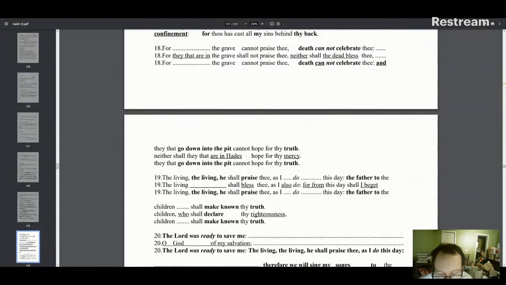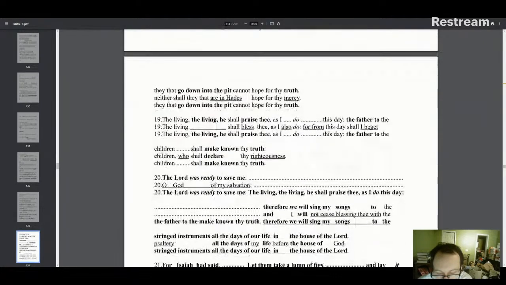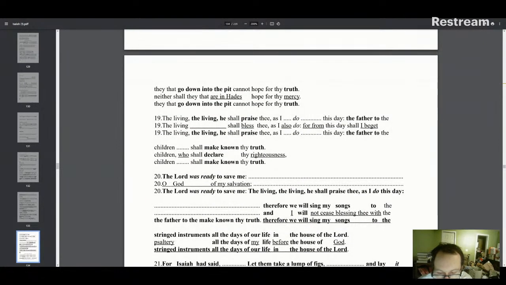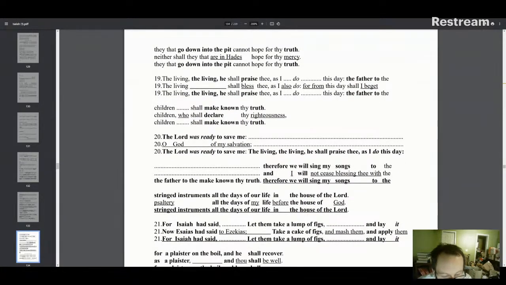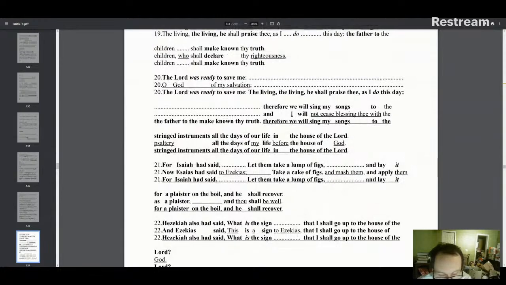They that go down into the pit cannot hope for thy truth. The living, he shall praise thee, as I do this day. The father to the children shall make known thy truth. The Lord was ready to save me. Therefore we will sing my songs to the stringed instruments all the days of our life in the house of the Lord. For Isaiah had said,